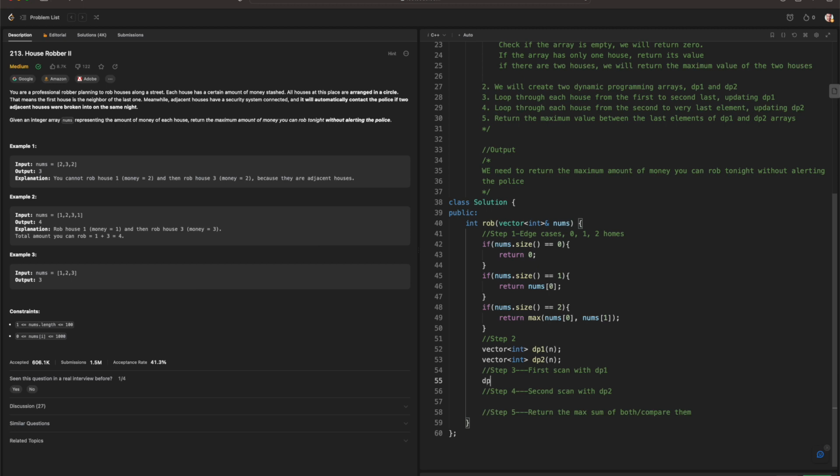So the way step 3 is going to look, it's going to be this. We are going to have dynamic programming array at the very first index, and nums 0, and then we're going to initialize our max for the first scan. And then for int i equal to 2, i is going to be less than nums dot size, i plus plus,